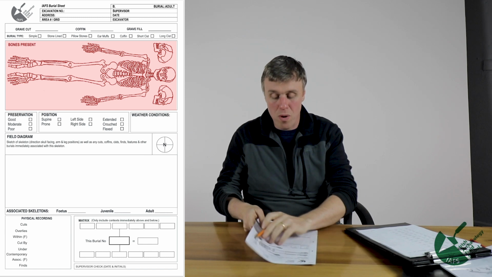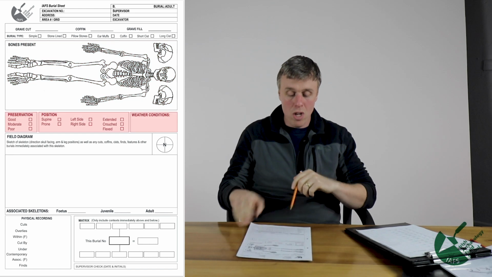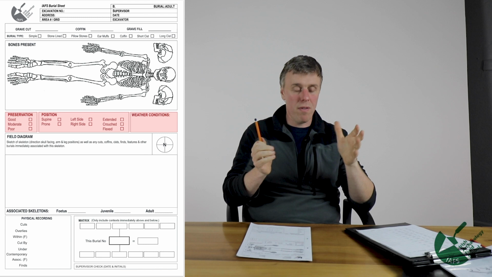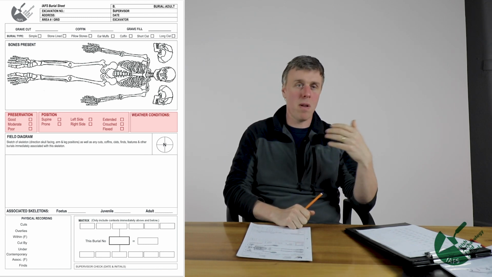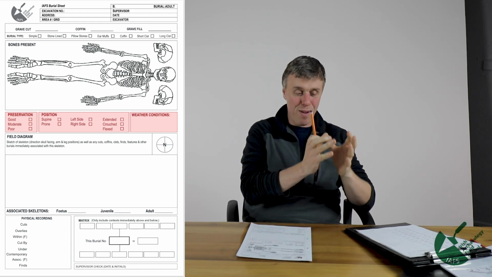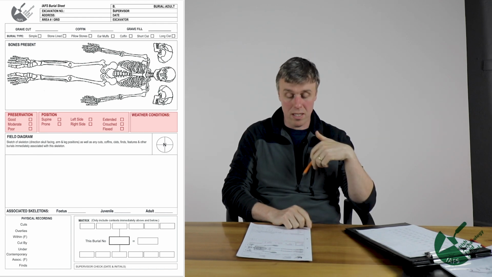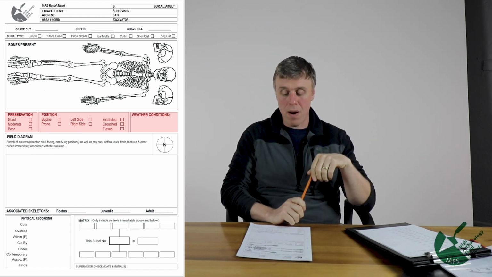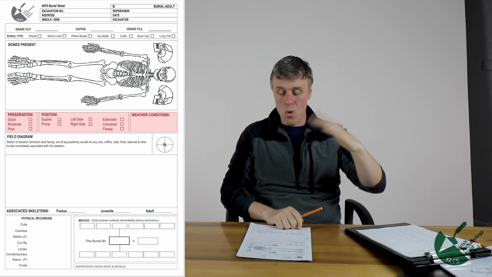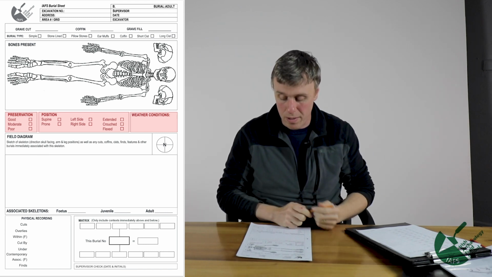But as I said, when you're mid-excavation, you've coloured this in and then it's starting to ask you for additional information. So the preservation, that is not presence or absence. If the bone is in very good condition, but half of it has been removed by someone laying a drainage pipe hundreds of years later, the preservation is good, even if a lot of it has been removed, if that makes sense, okay? What position is the burial within its grave cut or its cyst or wherever it's buried? Is it prone? Is it face down? Is it extended? Laid out? Is it crouched? Etc., okay?